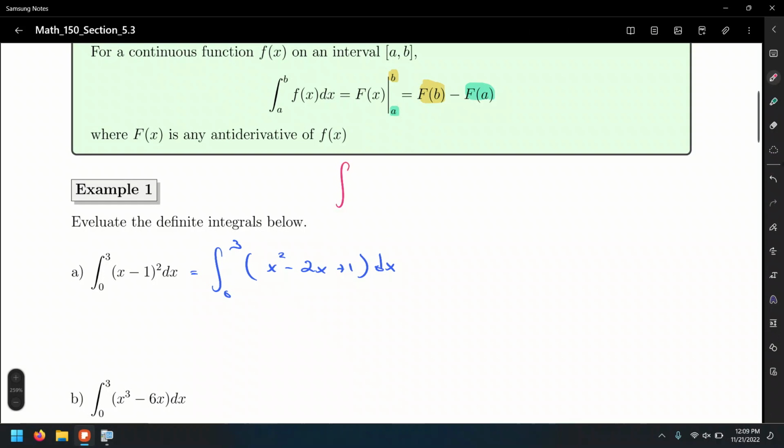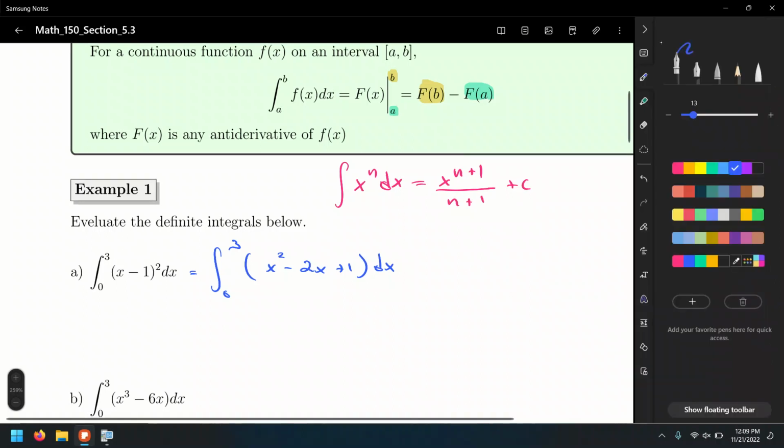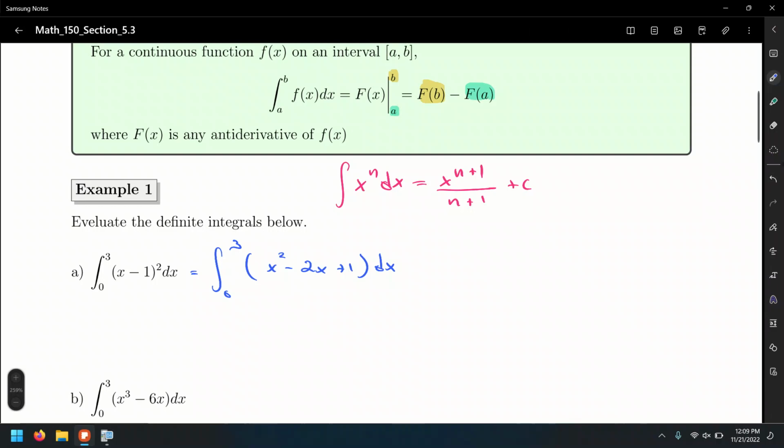Let's recall the general power rule: the integral of x to the n with respect to x is x to the n plus 1 over n plus 1, plus c, but the plus c will not be needed here, and I'll explain why in a minute. So when integrating these terms, we add 1 to the exponent and divide by the new exponent. So add 1 to the exponent 2, that's equal to x cubed over 3